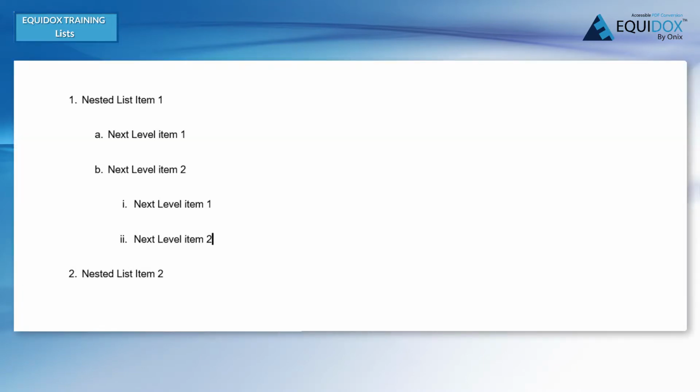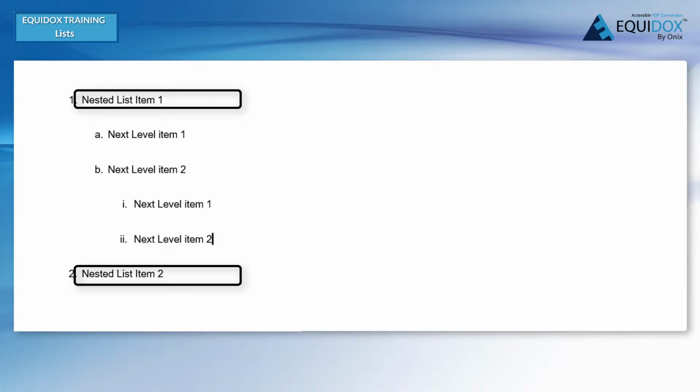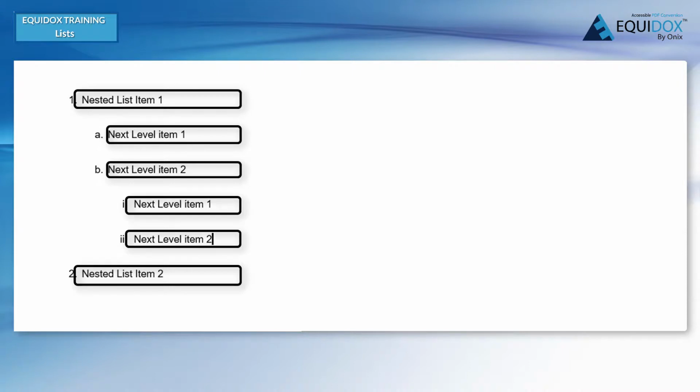Let's examine a multi-level list, or a nested list. As with a simple list, each list item must be tagged with its own zone. Each level of the nested list will contain its own list zone. In order for the list tags to be properly nested, each level of zones must be part of the previous level's list item. Select the list items, create a list zone around them, and then make sure the list item